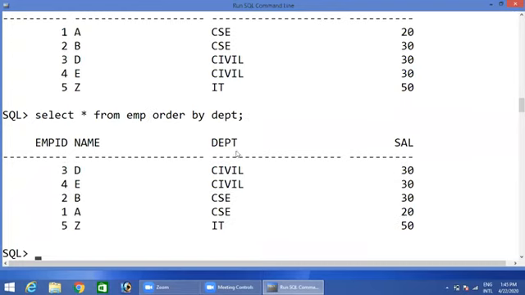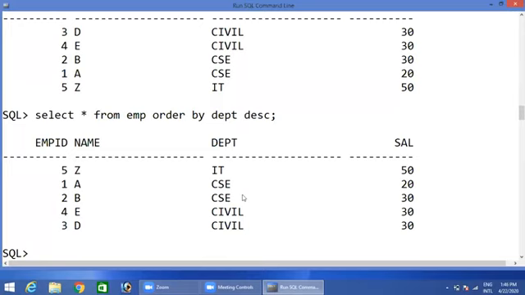Now see, the result set is civil, civil, CSC, CSC, IT. This is in a specific order. By default, the order by clause is considered ascending order. Now if you want the result set in descending order, use the DESC keyword at the end. So this is descending order.